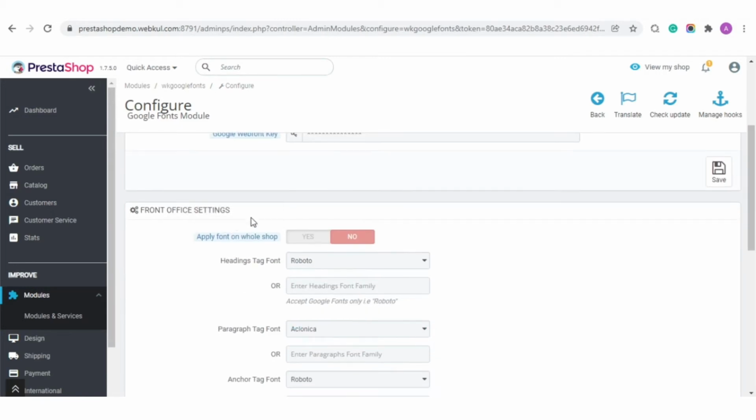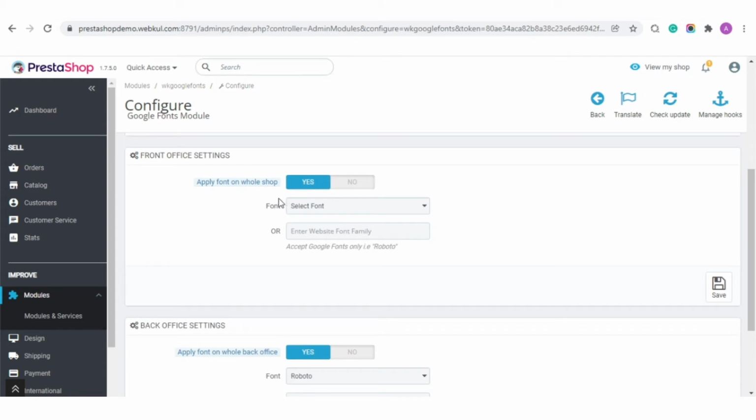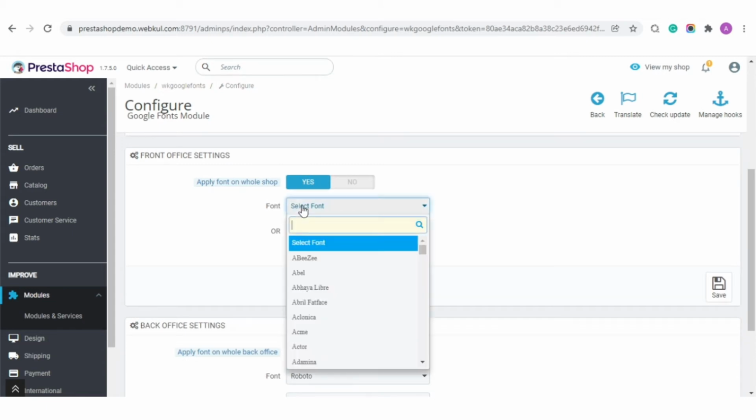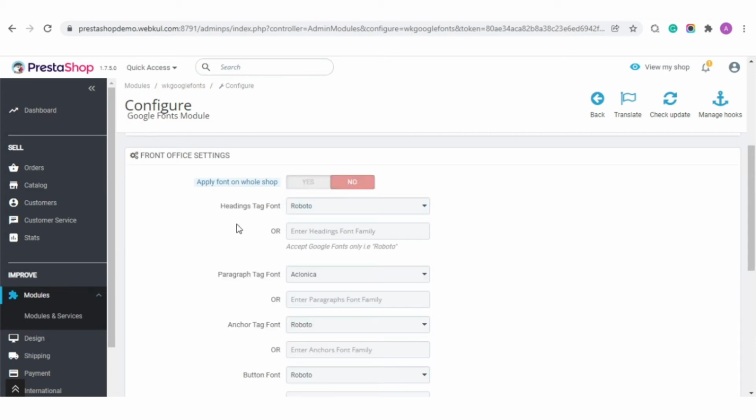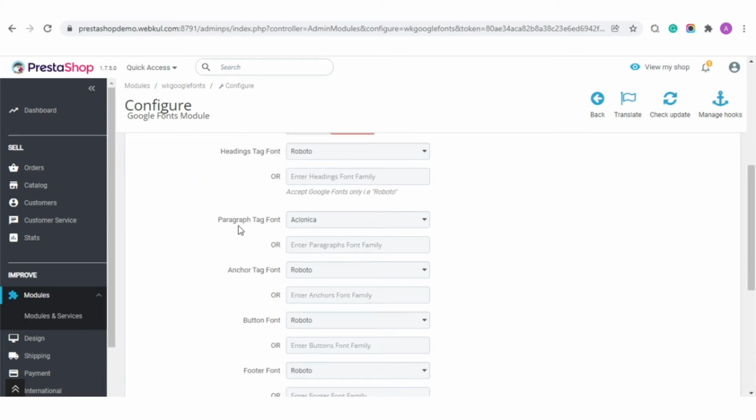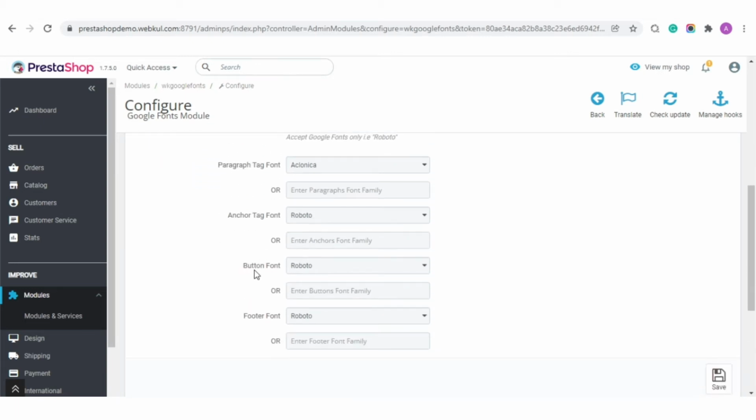Now let's discuss front office settings. Here, admin can select Google Fonts for different elements of front office. Admin can choose to apply a single font on the whole PrestaShop site or select separate fonts for different elements like heading, paragraph, anchor tag, button and footer.